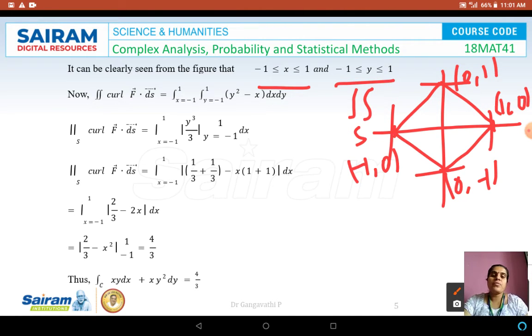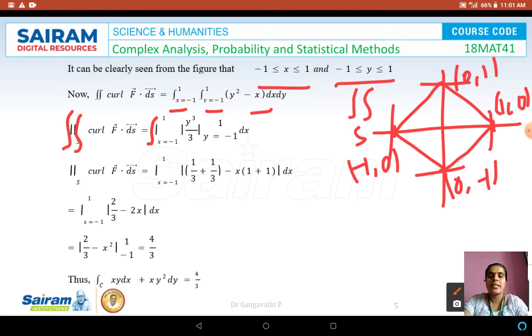So both the limits for x and y are from minus 1 to 1. That is what we have taken. Integral x is equal to minus 1 to 1 and integral y is equal to minus 1 to 1, y square minus x into dx dy. So now the double integral over S of curl F dot dS is equal to,